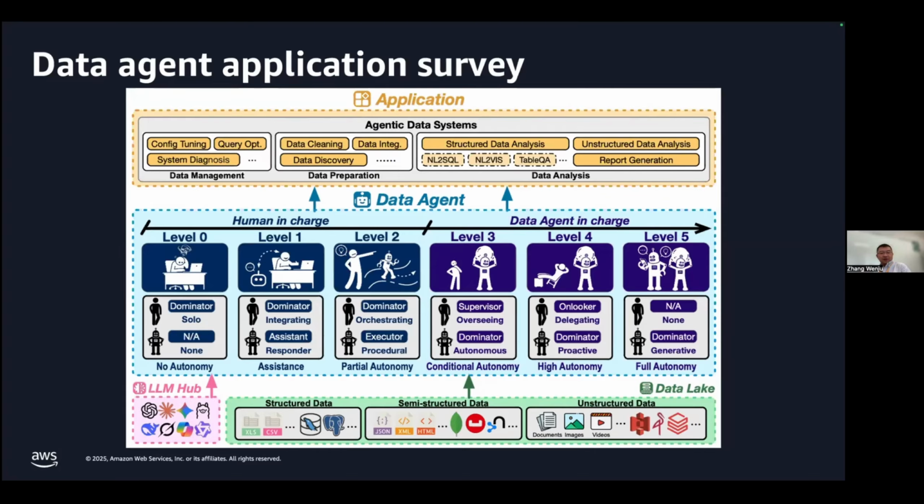This is a survey paper that actually outlined the different levels of the agent. Okay, looking forward to the fully autonomous data agent in the future. We can deploy it in the enterprise. And thank you very much. This is my sharing for today.